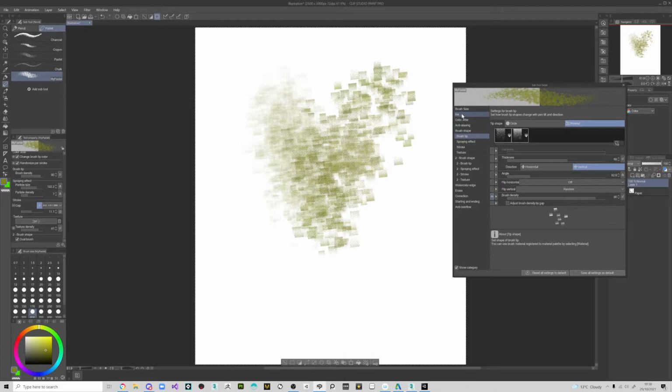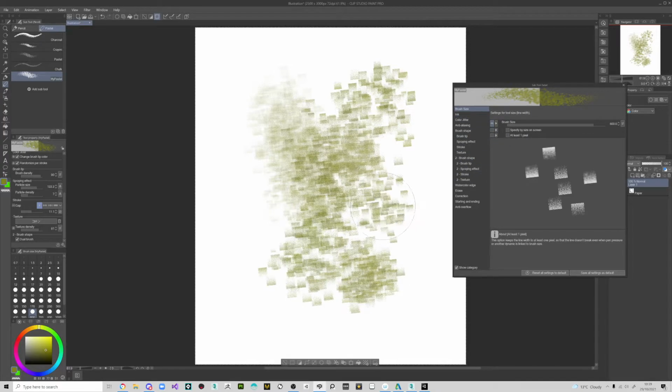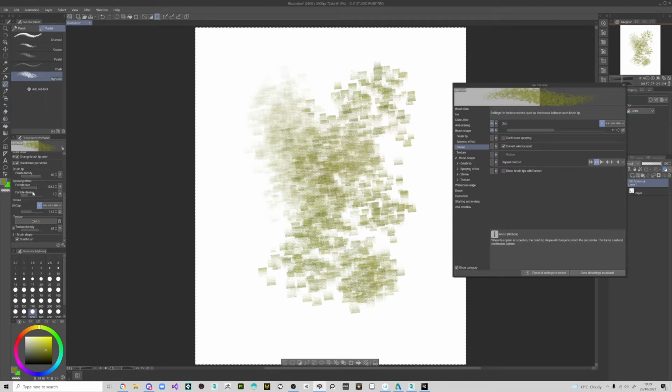There's a few other things that I didn't quite figure out, like why these aren't activated, the blending color modes. So I'll make a new video once I figure those out. But everything's kind of working cool. You've got your brush size, stroke, and let's say I wanted to change the